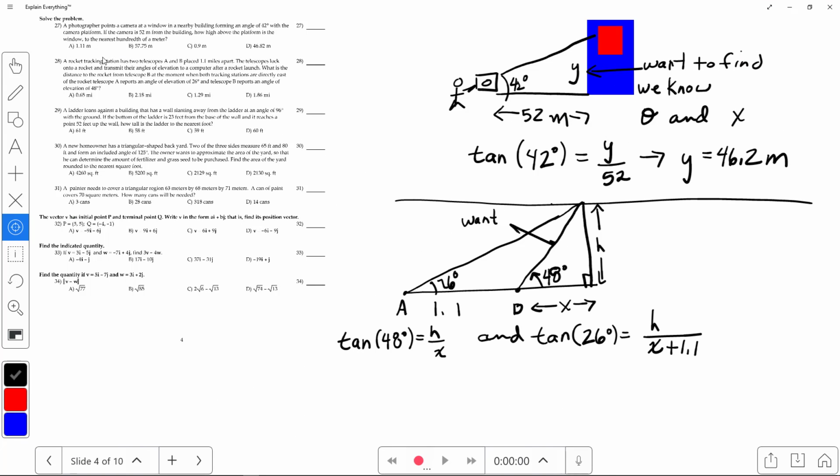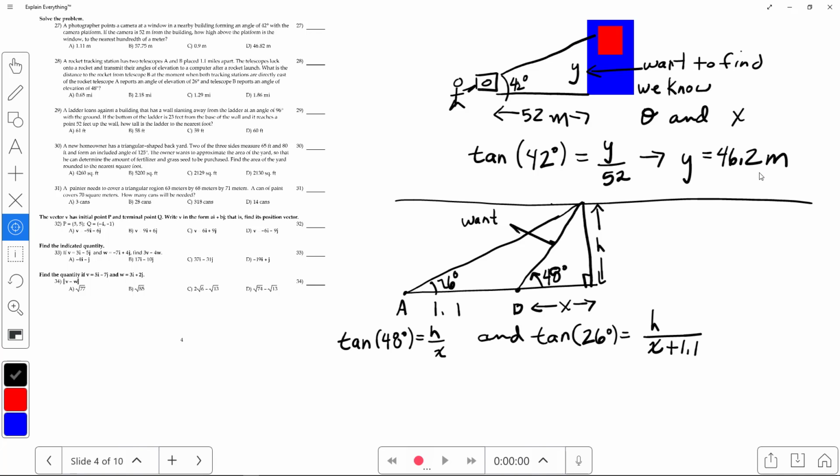Okay, so on 27 we have this photographer here pointing the camera at the window with an angle of 42 degrees. The camera is 52 meters from the building, so we're looking for Y, how high above the platform is the window. And so since I know an angle and I know X, I could use tangent because that's Y over X, and I can do tangent of the angle, multiply 52 times tangent of 42 degrees,